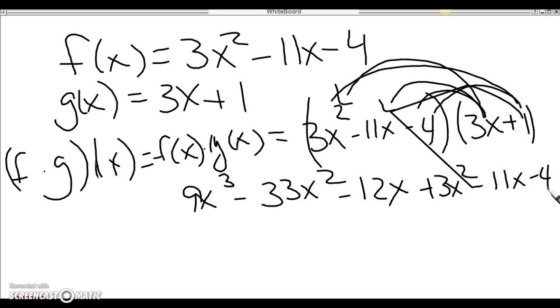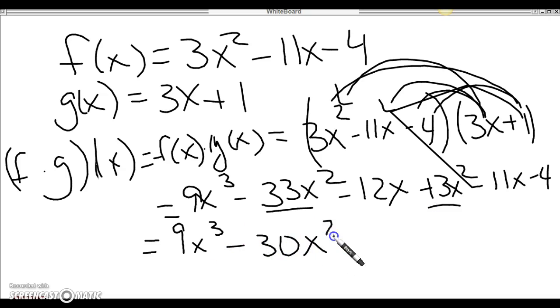I add all my like terms, and I get 9x cubed. These are alike, so I get minus 30x squared. These are alike, so I get minus 23x, minus 4. Alright, the next one,